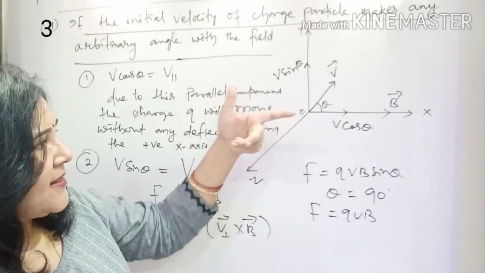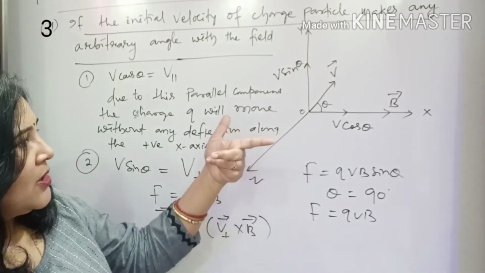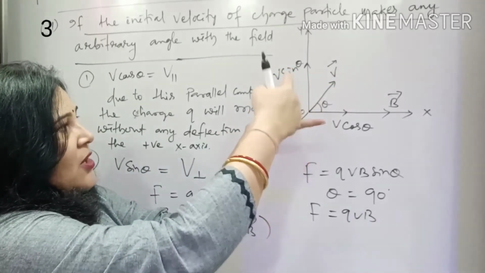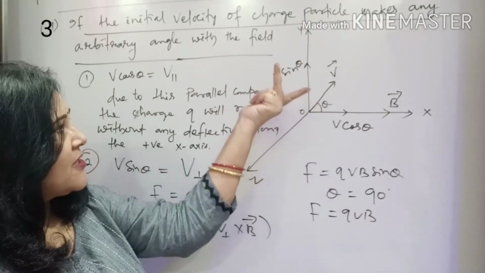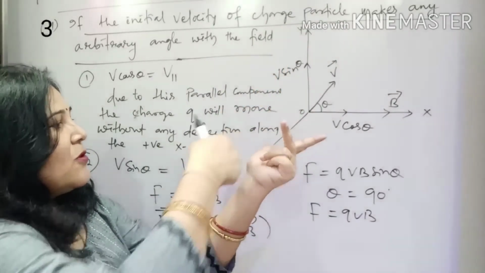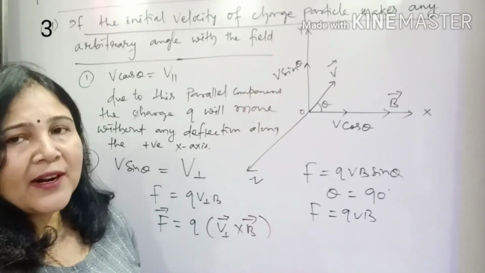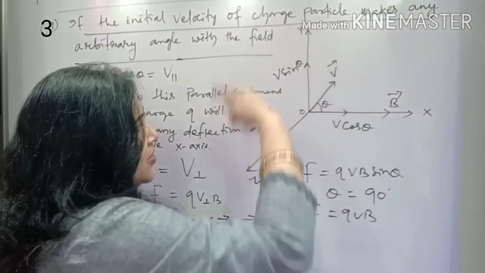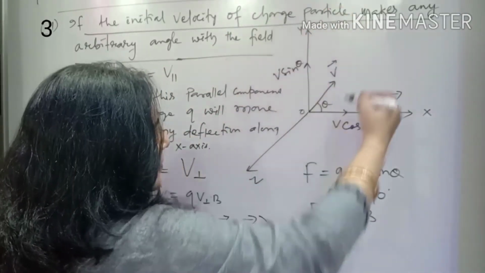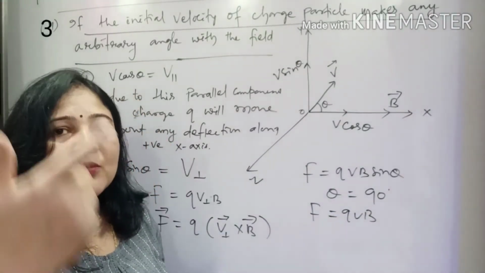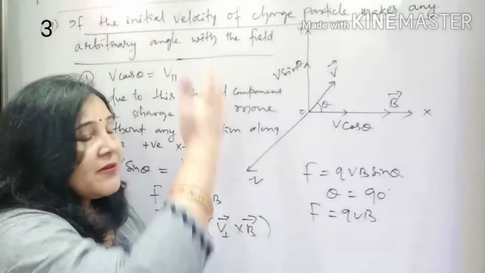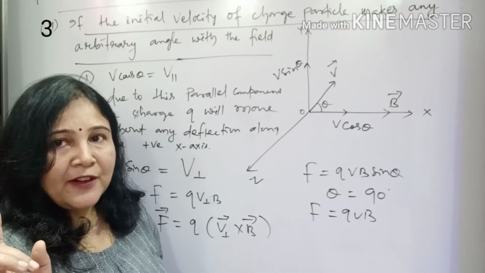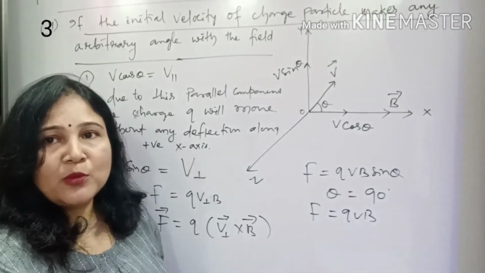If I apply Fleming's left hand rule, the direction of the force becomes evident. This is the magnetic field direction, this is the velocity vector's direction, or the current's direction, and this is the force experienced by the charge. Due to this force, when the angle is 90 degrees, the charge is forced to move in a circular path. In the previous case we discussed, when the angle between the velocity vector and the magnetic field is 90 degrees, the charge moves in a circular path.